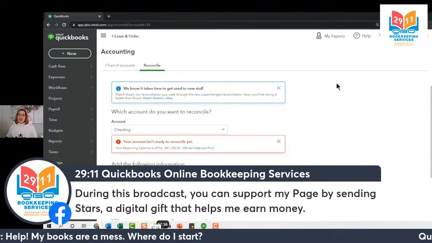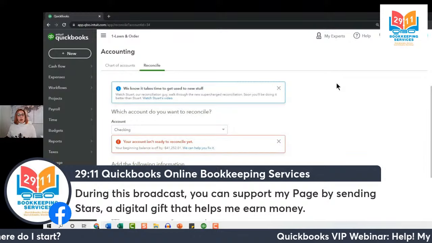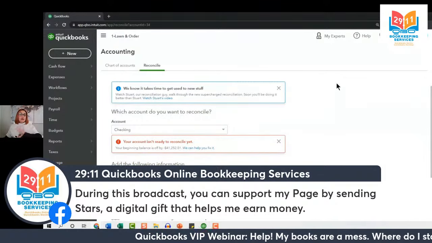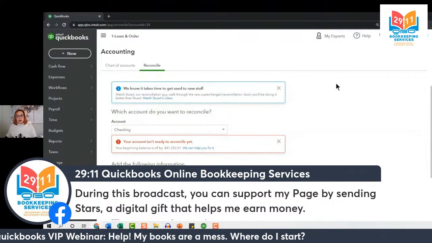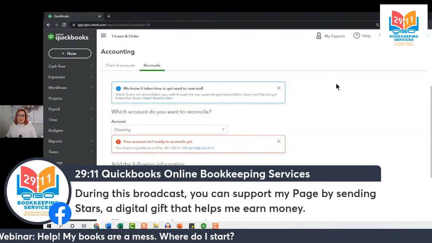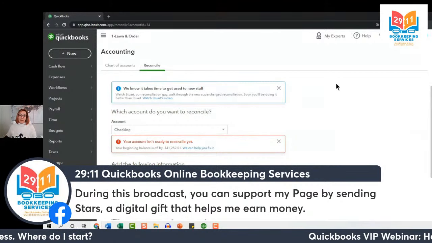The big question is, though, how do we recreate them? And one important tip and trick I want to show you here is, before you do any kind of recreating, always search through your books so you know what happened in the past. And remember, we're always going to move forward in bookkeeping, leaving a trail of what happened behind us.